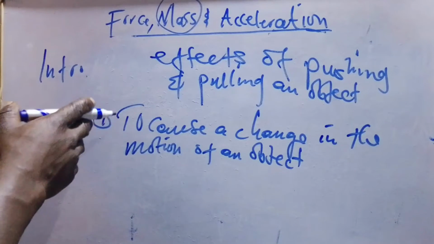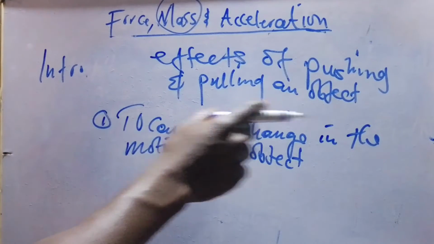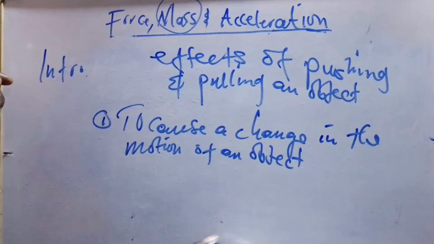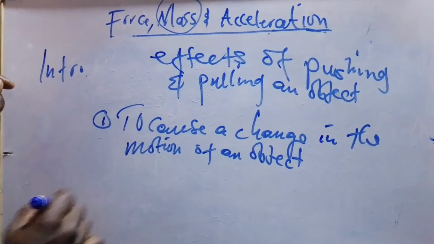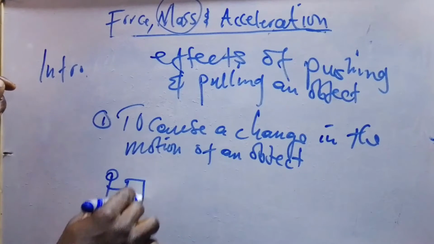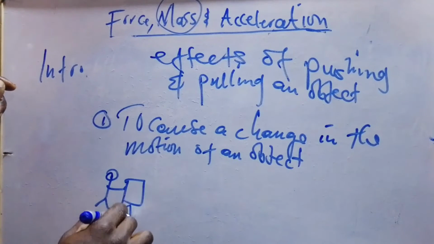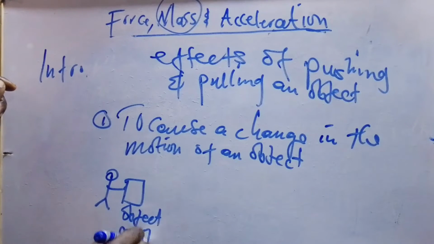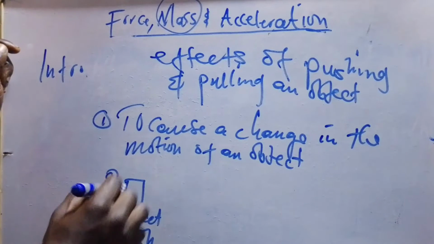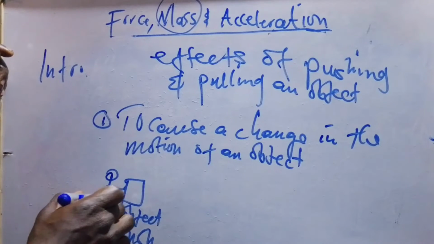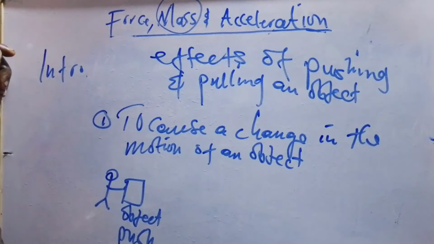What do I mean by this? To cause a change in the motion of an object. So that means when a person is pushing this object here, which is pushing, that means there's a change in motion for this object to start moving. Okay,